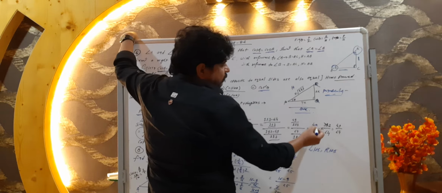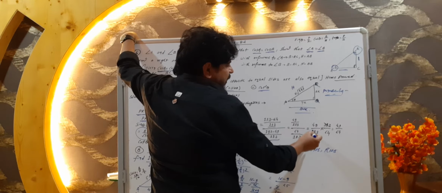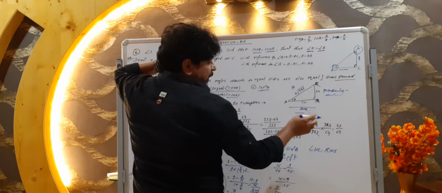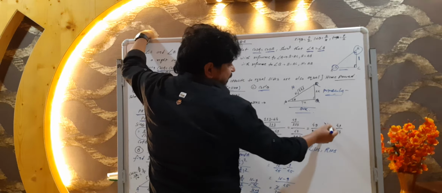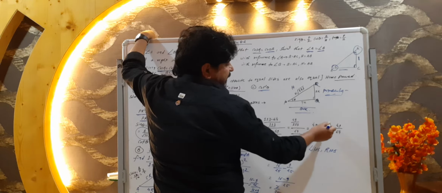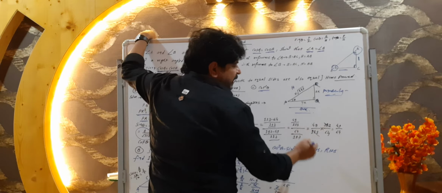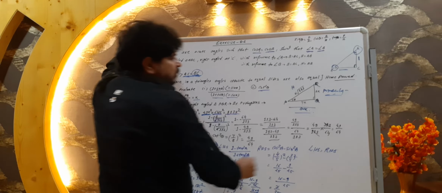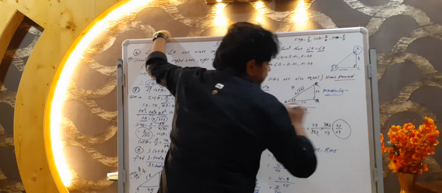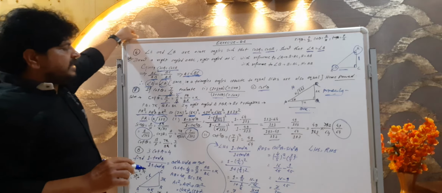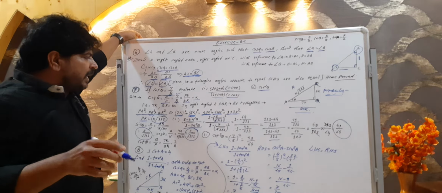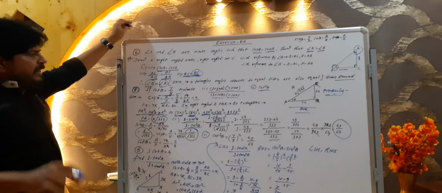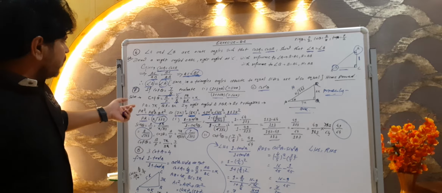Now we have to solve, then what will we get? 49 upon 113 multiplied by the reciprocal, so 113 will come upside in a multiplication form. 113 upon 64, 113 and 113 both will cancel, and what value will we get for 1 minus sin square theta upon 1 minus cos square theta? That value will be 49 upon 64. 49 upon 64. Is that clear, guys? Okay, so we evaluated this, as per what the question asked.